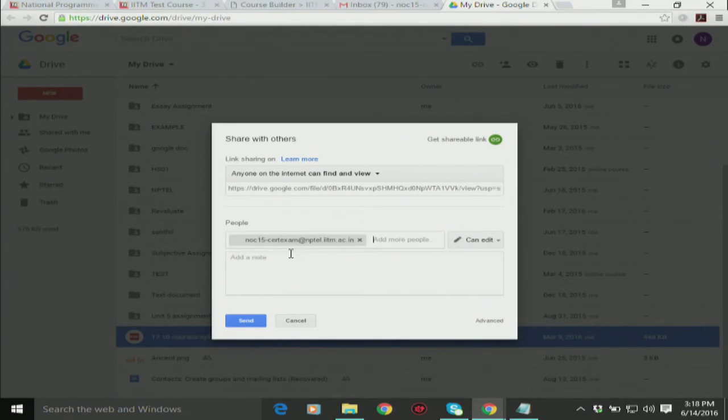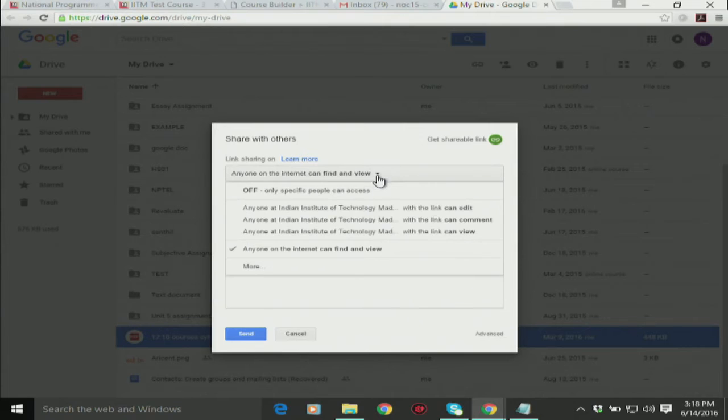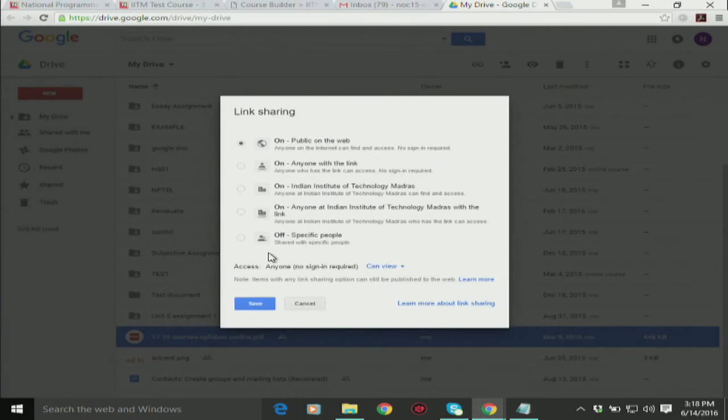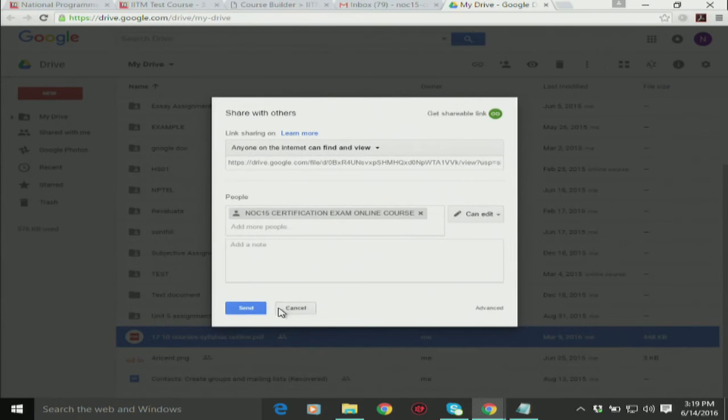So I need to share it with the admin ID of the course, and from the drop down, the same option whichever we have done: make it public on the web, save the option and get the Google Drive folder ID.